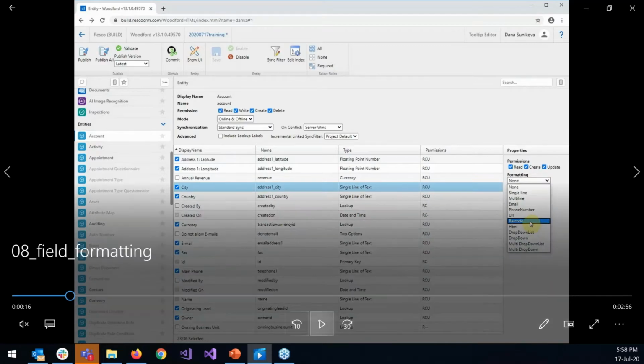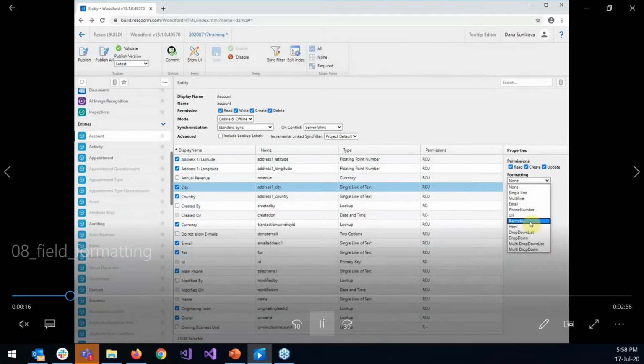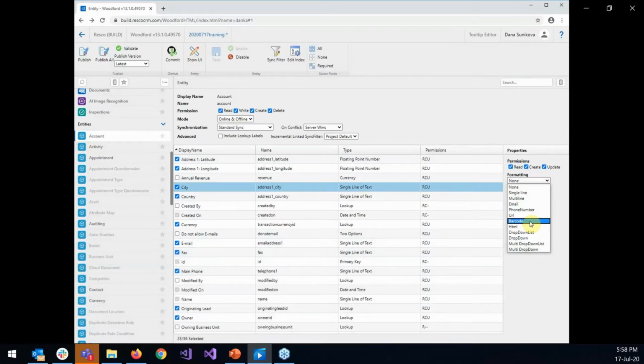So it's like that. But if you just want to change how the field looks on the form,